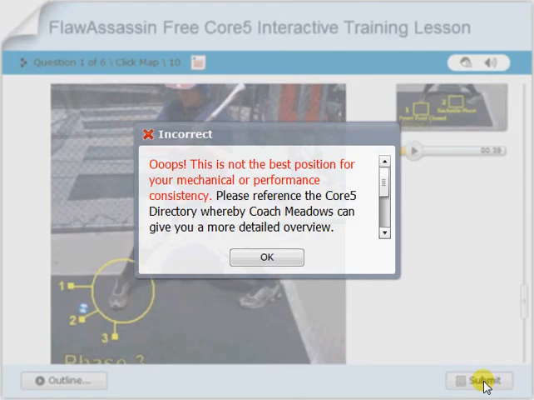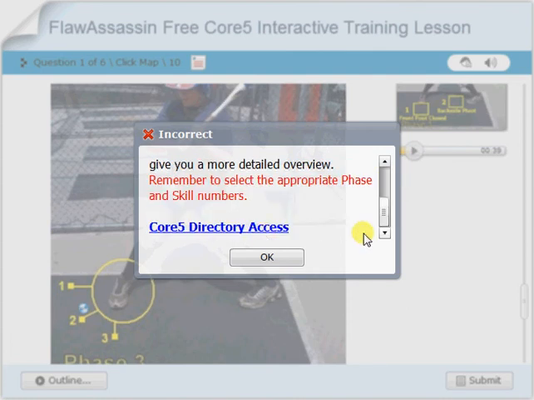Now, I got an incorrect response, automatic feedback, and of course, one of the benefits of getting this is that you can go down to the bottom of that response and actually click on the access link that will take you to the specific training that we give you for this skill. So you have a chance to enhance your understanding of exactly what you did and why it wasn't correct. But for the sake of the example, let's go ahead and click the OK button and progress to the next